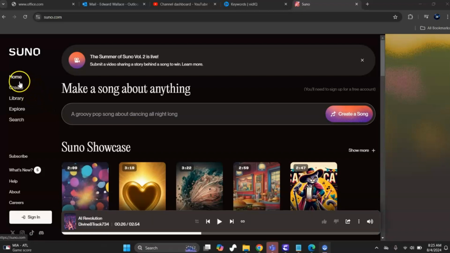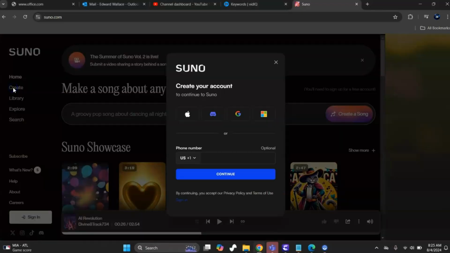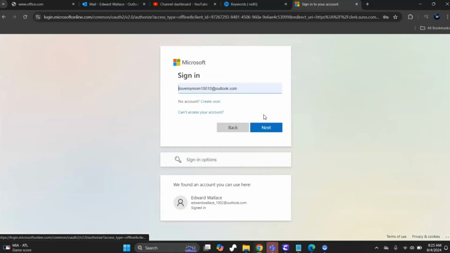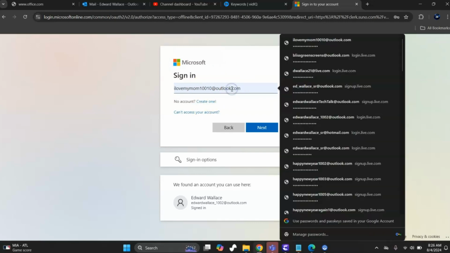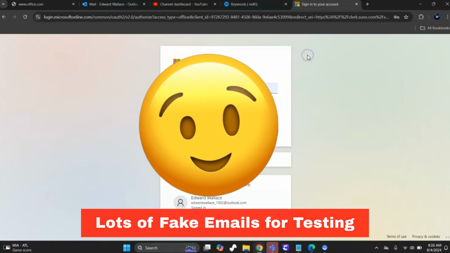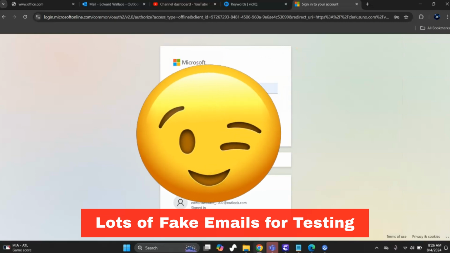So what I'm going to do is click create right here, and it's going to instantly give you this pop-up. I'm going to click over here to sign up with my Microsoft account, and here it's going to ask you for your email. I'll go ahead and click on this one, and I'm going to click next,